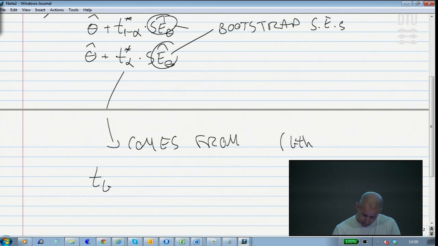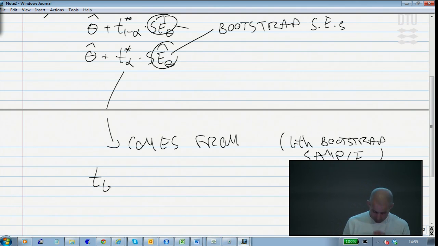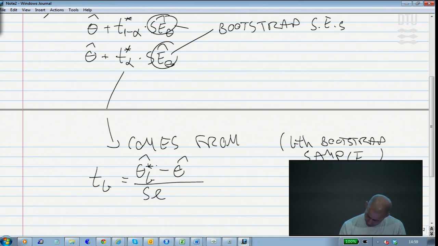If we look at the Bth bootstrap sample from up here, from the, you could say, outer bootstrap, we would go ahead and compute this one based on the Bth bootstrap minus the original one, and then we would estimate actually kind of a standard error within the Bth bootstrap.